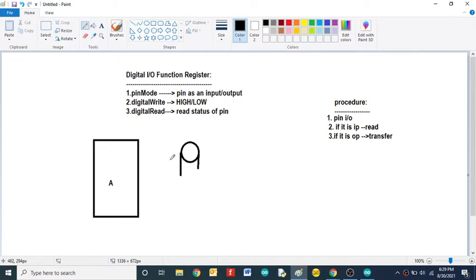Now I will connect this resistor with your microcontroller. I will connect the positive terminal to pin 13 and the negative terminal to the ground. To turn on, we have to provide a high level logic signal. To turn off, we have to provide a low level logic signal, right? So tell me, what is the first step in the programming?